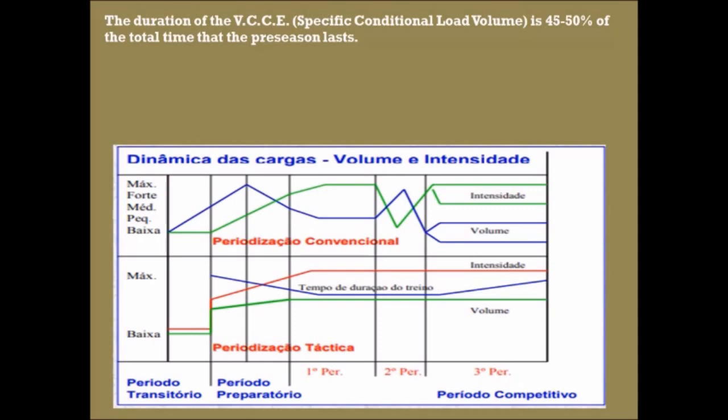As you see in tactical periodization, the volume starts normally a little bit lower in preseason because the players are coming from inactivity, and then it reaches more or less the same level. Never play around with the volume in tactical periodization. We do adjust the intensity, so the intensity will go up to an optimum level, competition level, and we always maintain it throughout the whole season. And we're going to talk about why we do this, okay, in tactical periodization and the